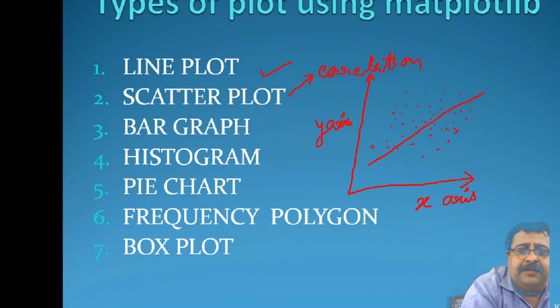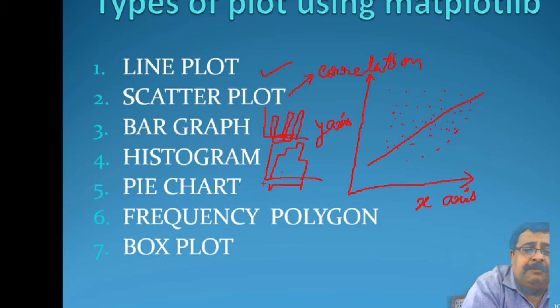Then we have the bar graph. We all know, we have already plotted bar graphs in the lower classes. These kinds of graphs are called bar graphs. Then we have the histograms. We know they are just like bar charts, but the only difference is there is no gap. You can see that in the consecutive bars there are gaps in the bar graph, but there is no gap in the histogram.